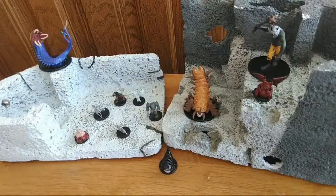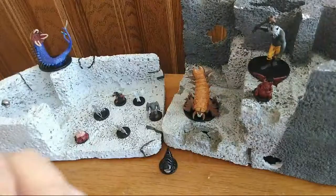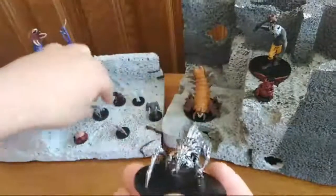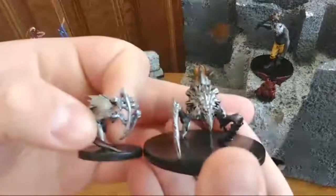This is the last of my order. This is one I was really glad they had in stock. This is the Kuthric Hive Lord. A very aggressive, powerful Kuthric. Now, this is the adult next to the Hive Lord. Obviously, you're going to look at these two and go, damn, because this guy, he may be a large,